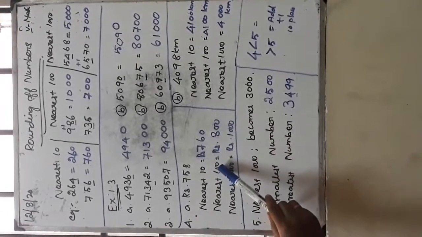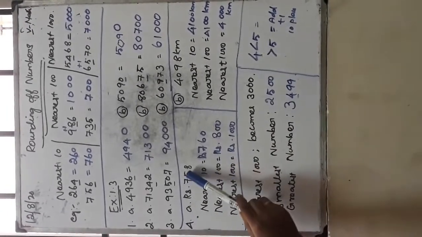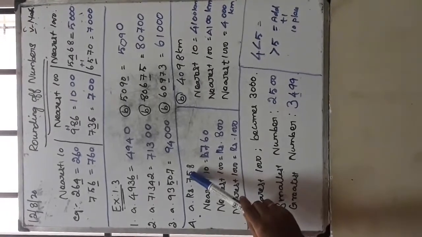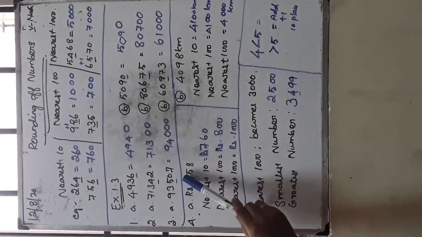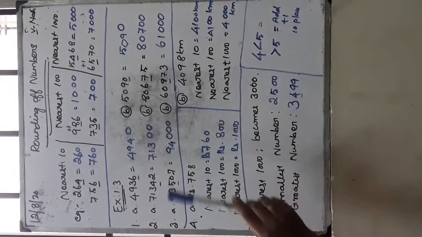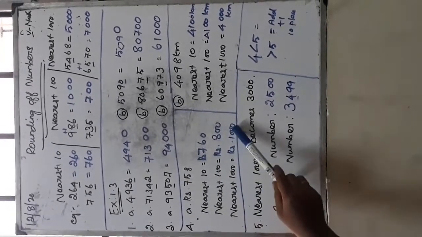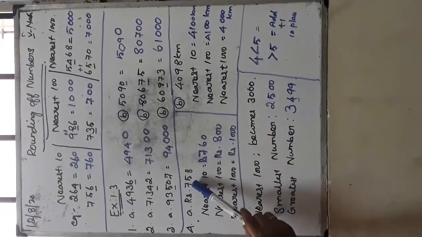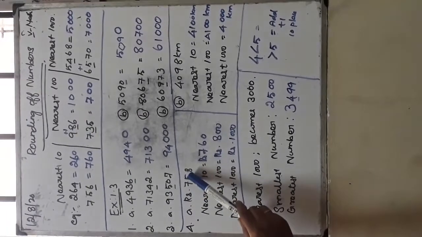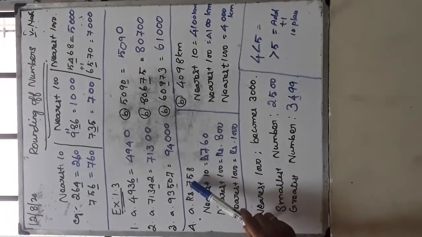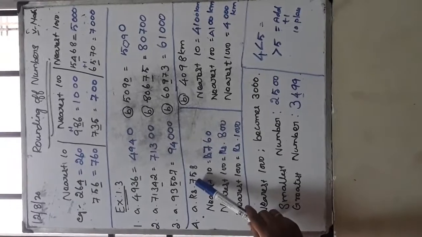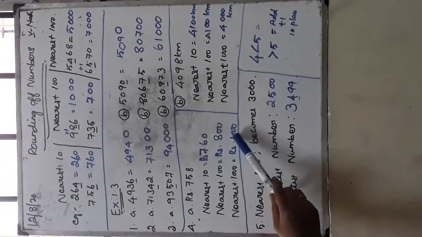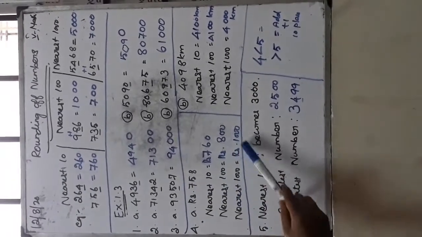So look at the second place. The second place is 5, no? So what do you do? You have to add 1 in the third place. Okay? So 800. So nearest 1000 means you have to add 3 zeros. Then look at the third number: ones place, tens place, hundreds place, you have to change it here. 5 is greater, no? So you have to add 1. So you get 1000. So the nearest 1000 is 1000.